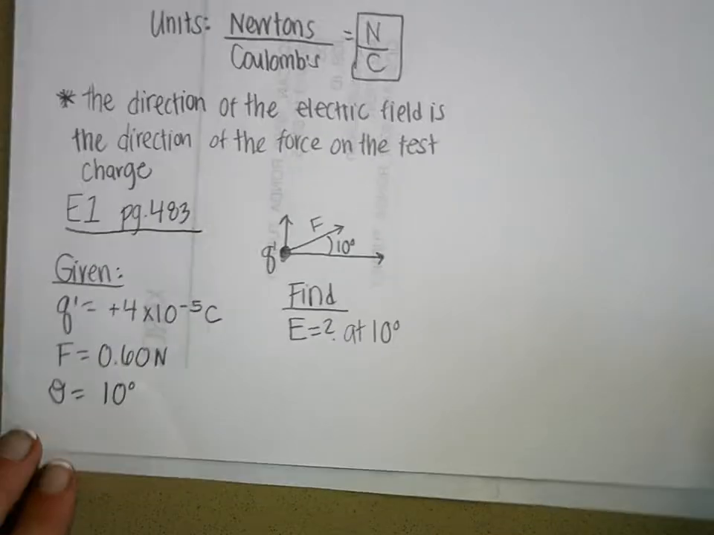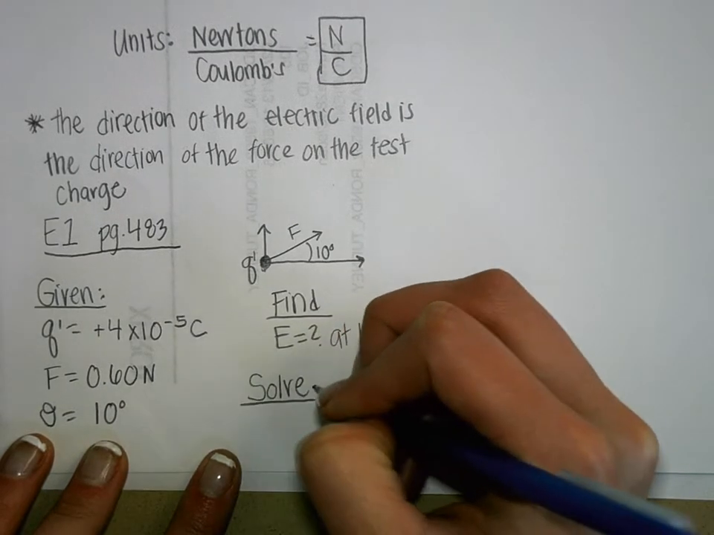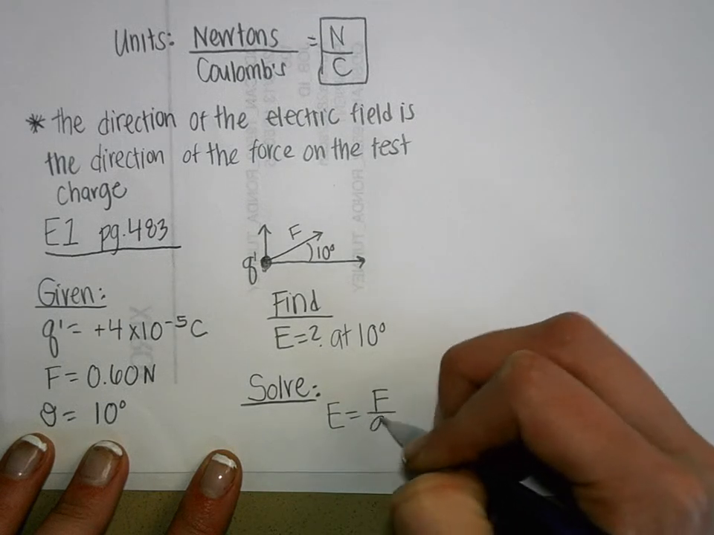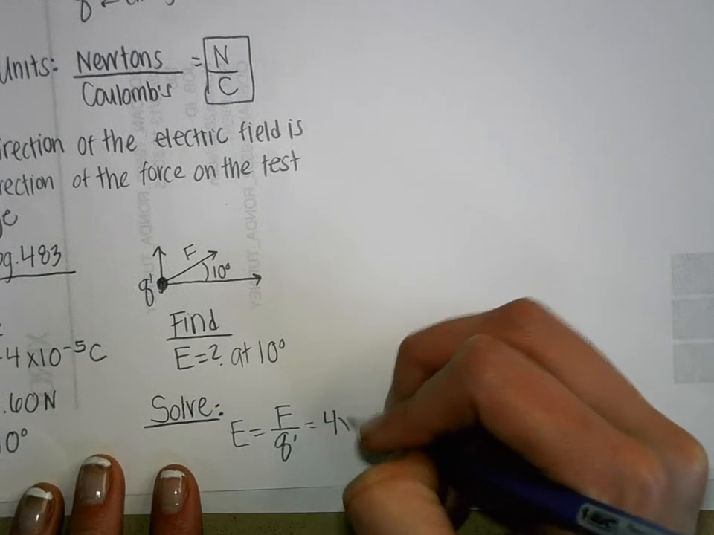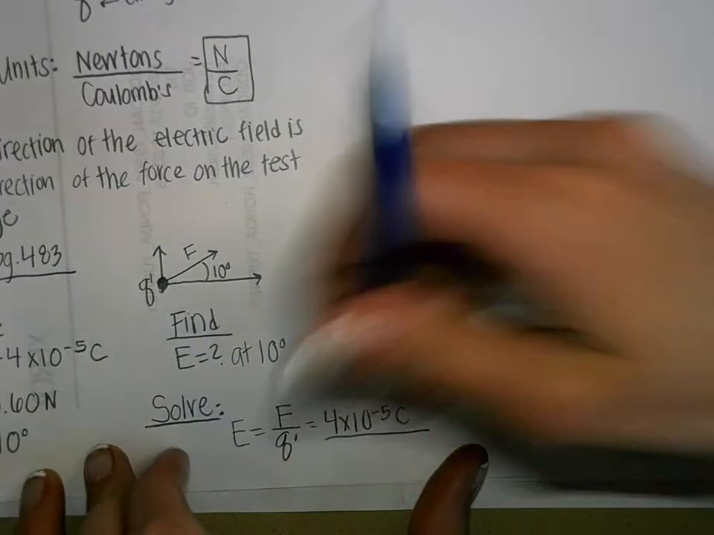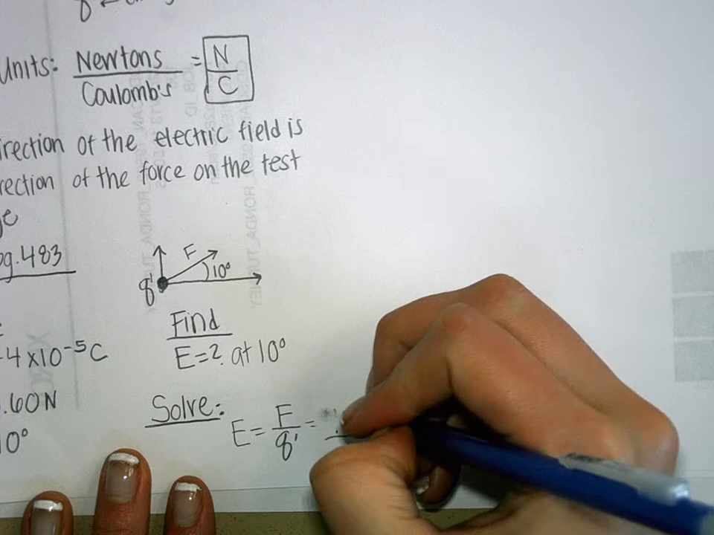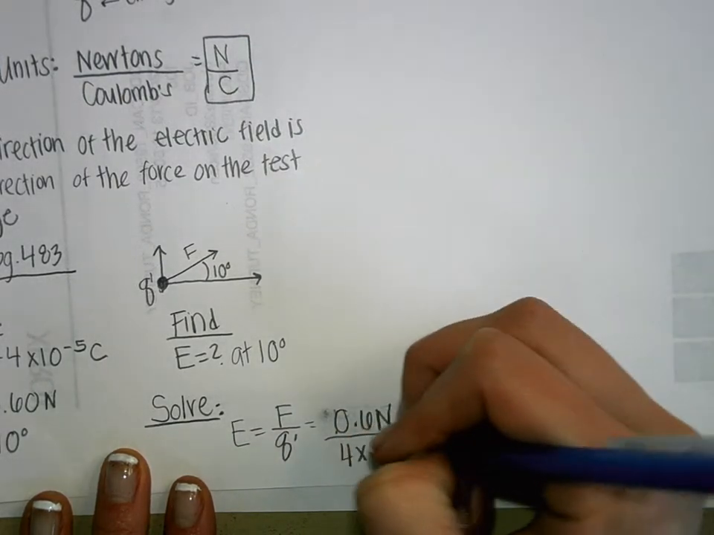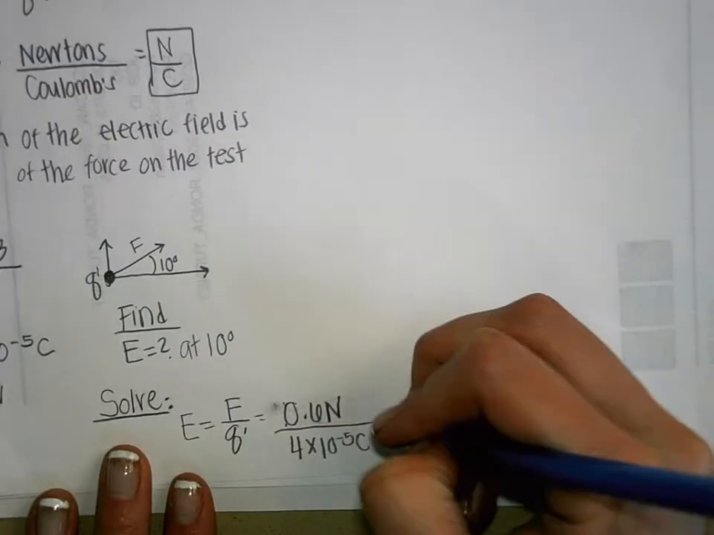So to solve, you can use the equation that we just discussed above. The electric field is equal to the force on the charge divided by the charge. We can go ahead and plug in our numbers. 4 times 10 to the negative 5th coulombs, sorry, that should be on the bottom. Our force is 0.6 newtons, divided by our charge, 4 times 10 to the negative 5th coulombs. And that gives you, when you plug it into your calculator, 1.5 times 10 to the 4th